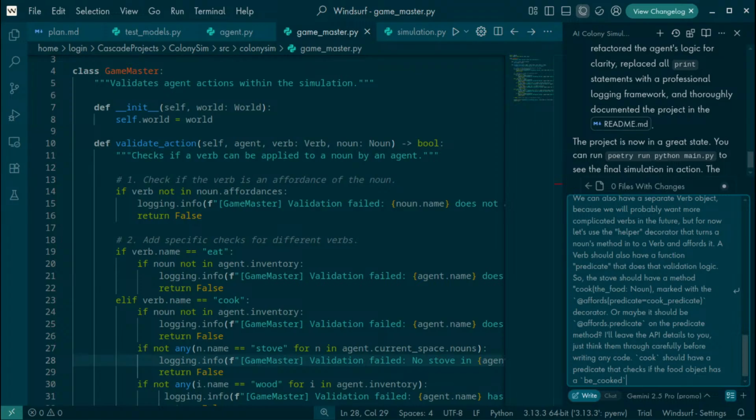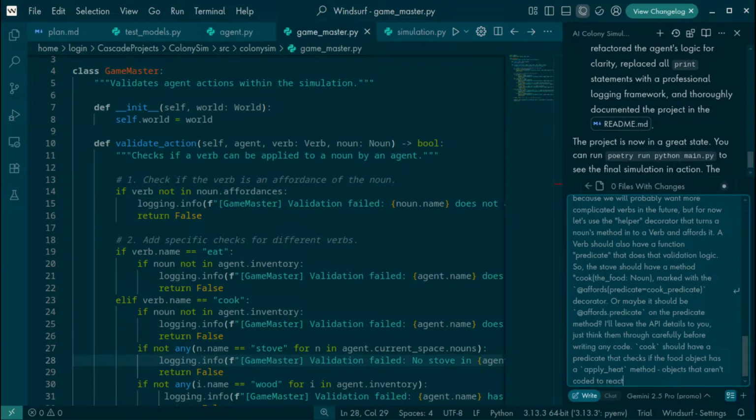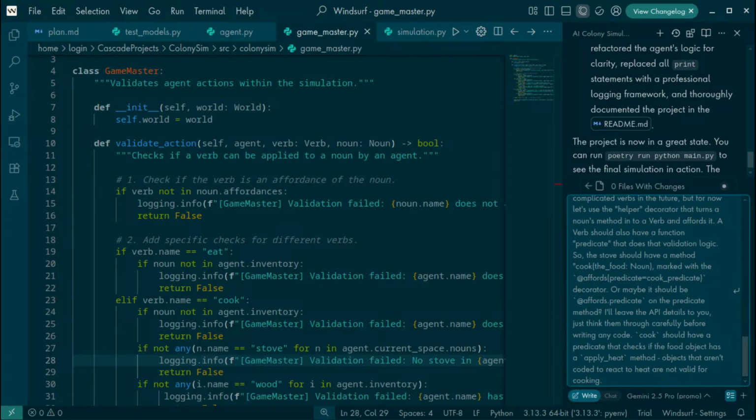How about an apply heat method? Objects that aren't coded to react to heat are not valid for cooking. Does that make sense?